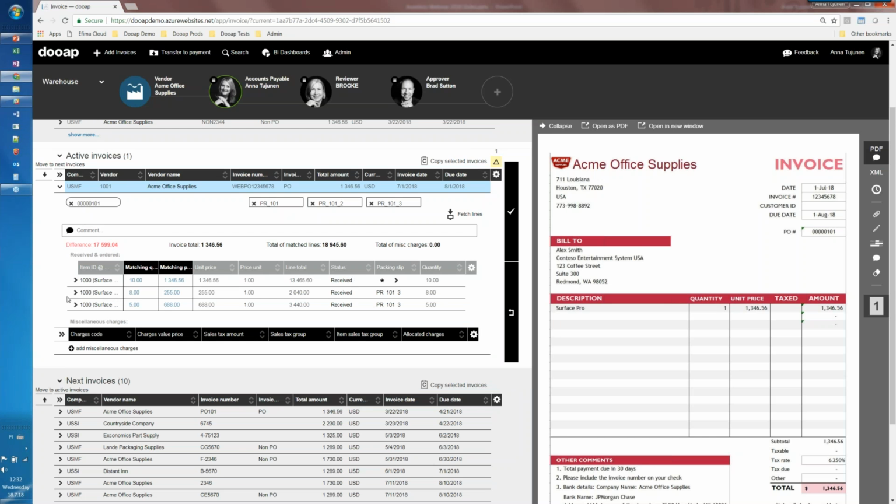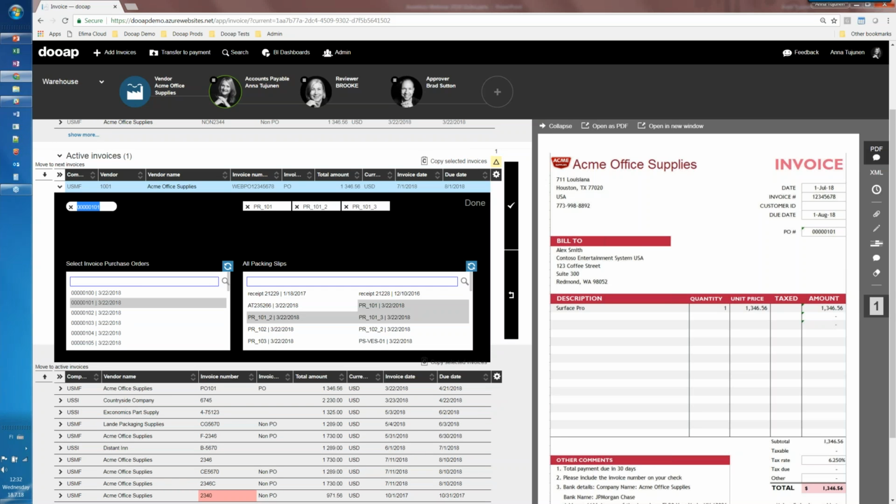So we're not doing the ledger codings. We are actually using the PO and the product receipt information from Dynamics to do the matching. And for this invoice, I already have the correct PO number that we were able to pick from that purchase order. But I do have 3 different product receipts, so 3 different deliveries related to that PO.